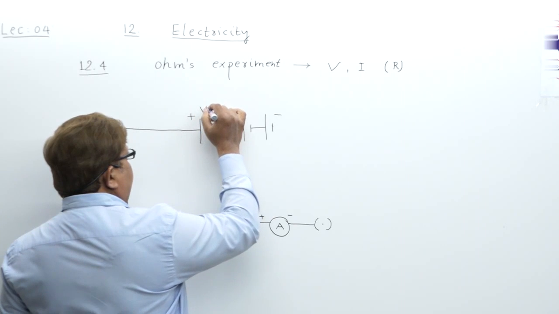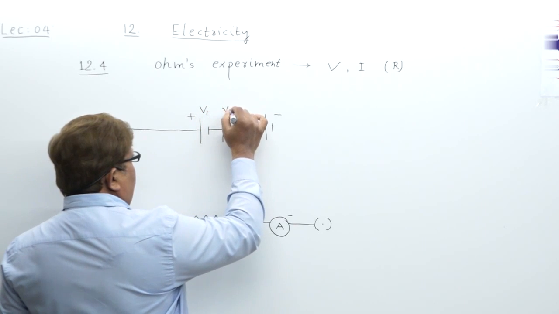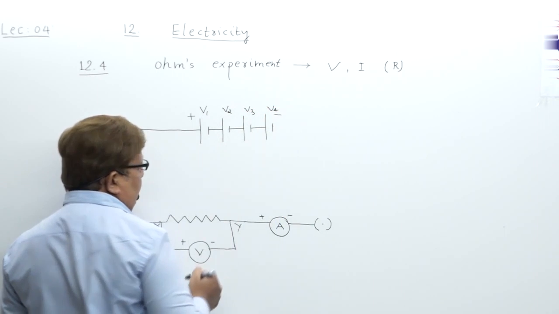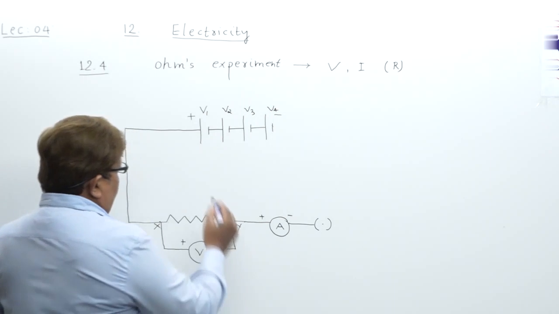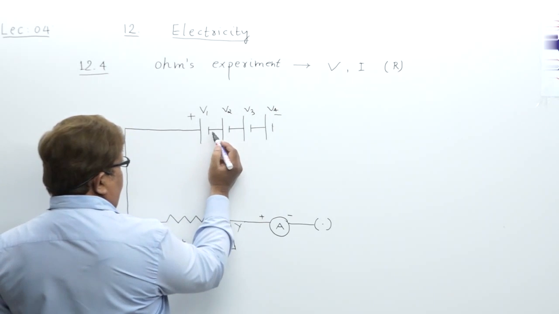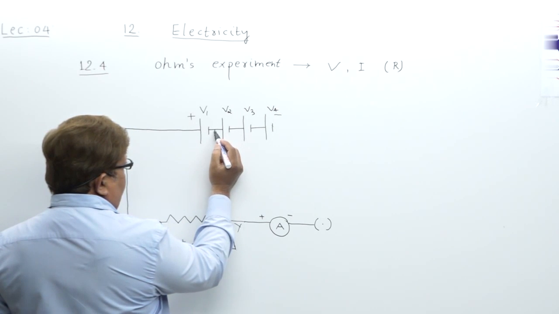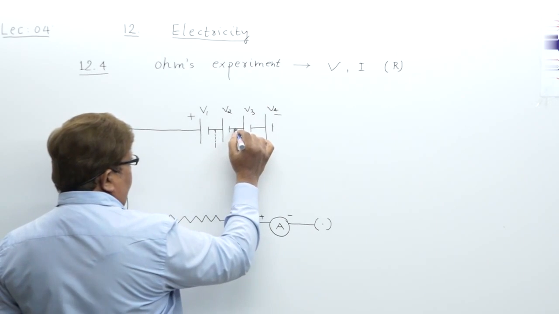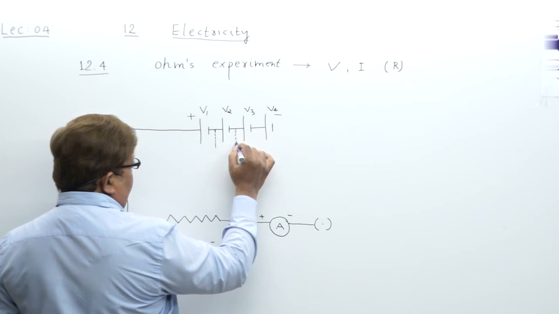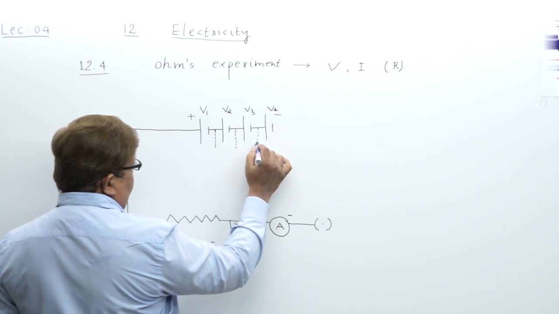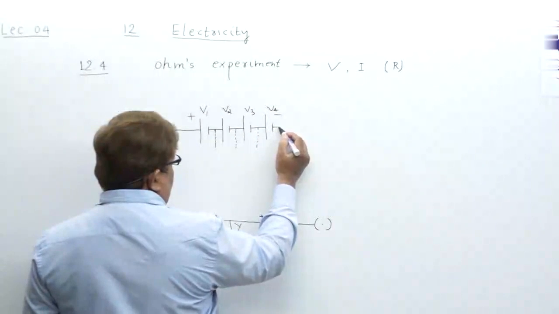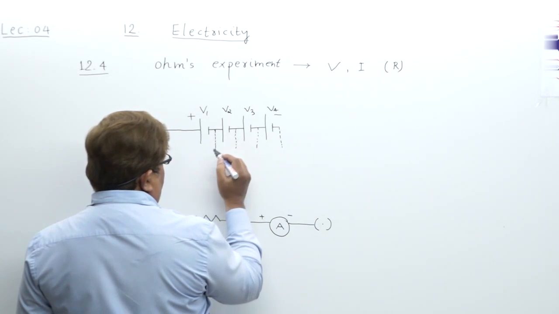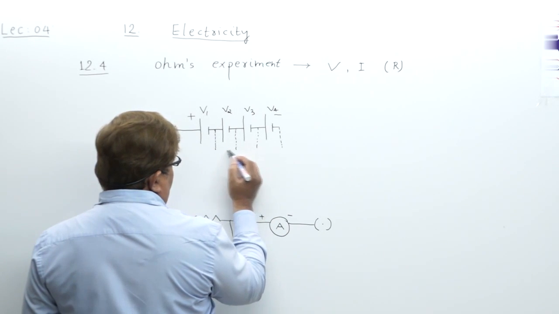Suppose I say this is V1, I say V2, V3, V4. Understand? What I am showing here is that one dotted line. Why, that I will explain to you just now. I am showing a few dotted lines. Why, that you will understand just now. One another dotted line from here, okay? Right? And then I will draw a solid line.